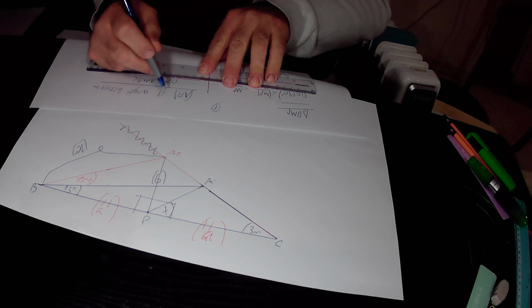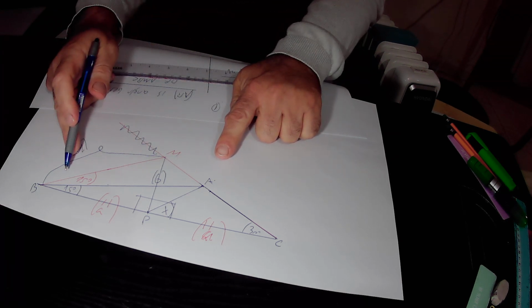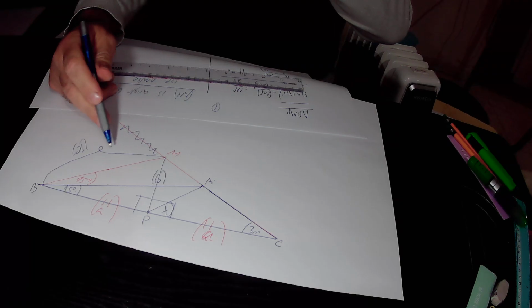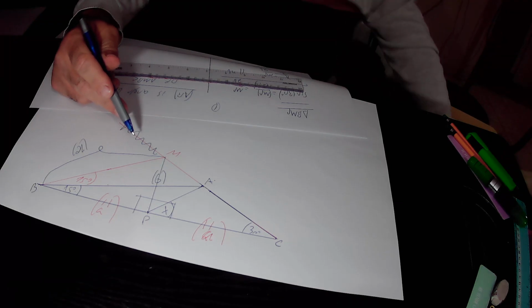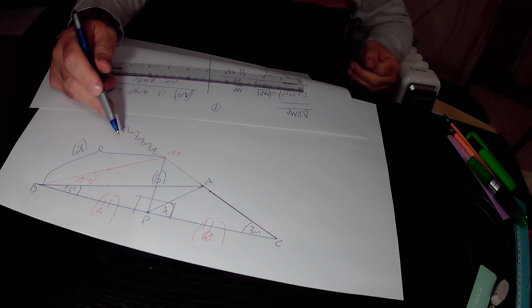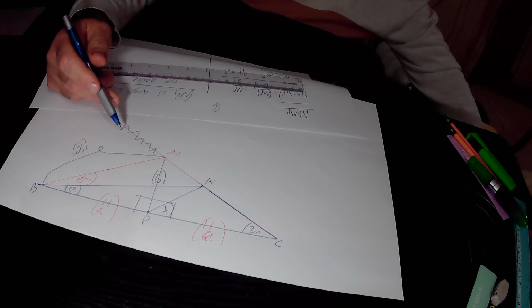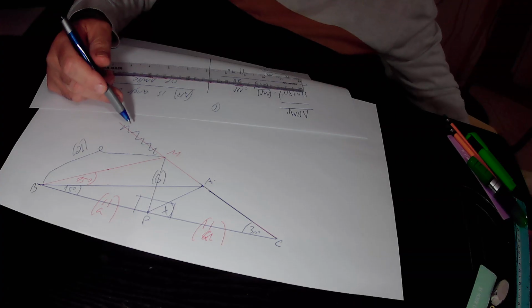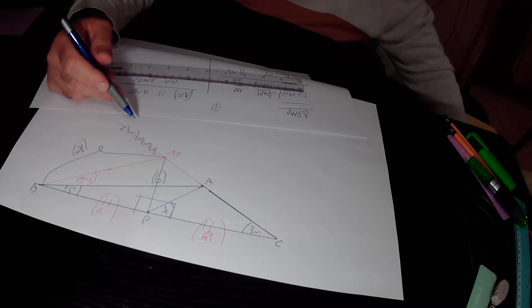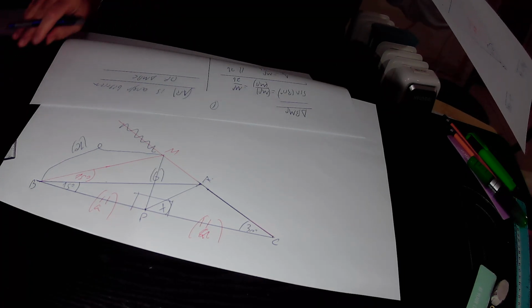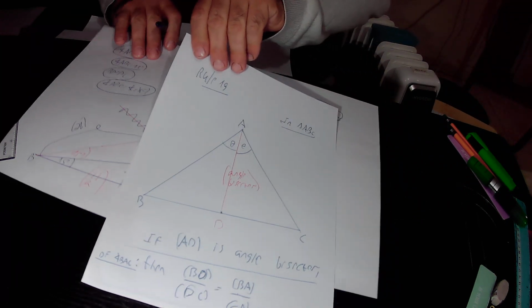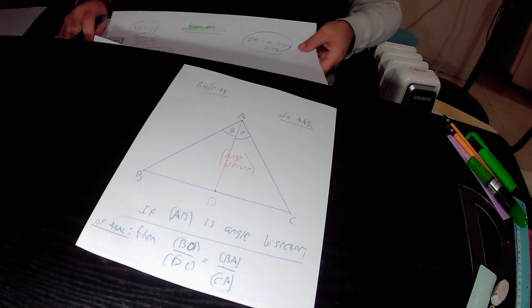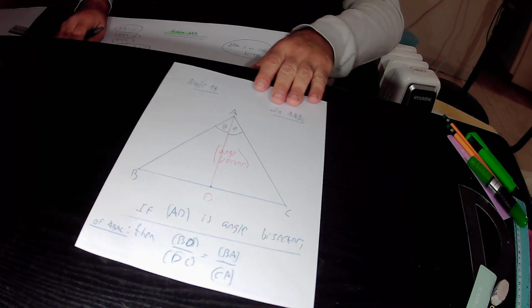And because line segment AB is the angle bisector of triangle MBC, we can apply here the angle bisector theorem. Let's repeat the angle bisector theorem. This is actually rule 19. So according to the angle bisector theorem,